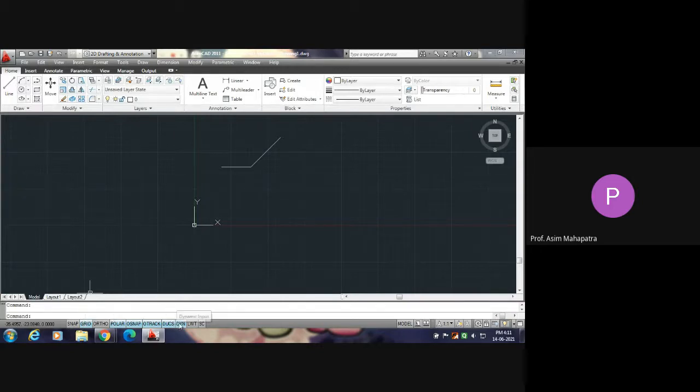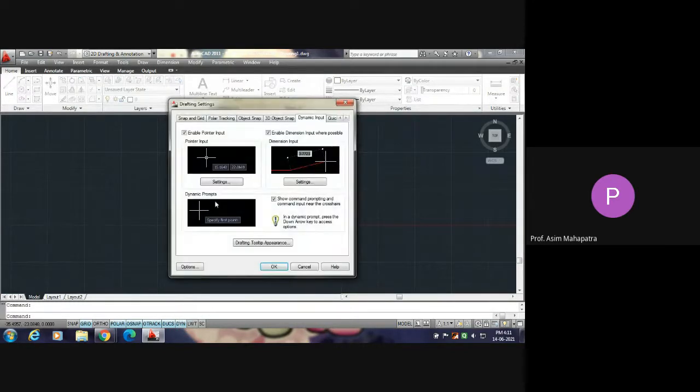You right click on dynamic input, then click on setting. You'll find this window. This is drafting setting actually. Within that drafting setting, there is one enable pointer input. Within that enable pointer input, you click on the setting.